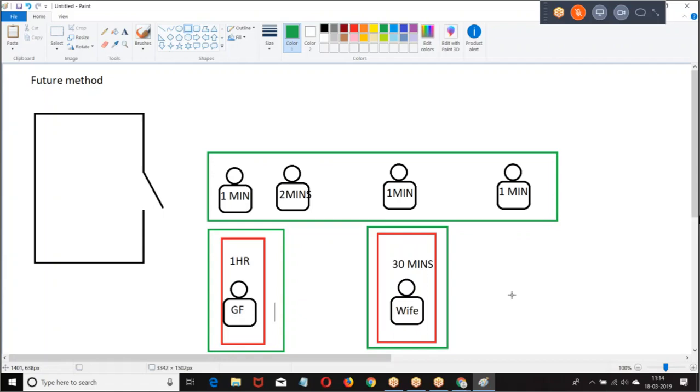Now, this guy takes 1 hour, no problem, because nobody is dependent. Even if you are delayed, no issue because you are running separately. You take 30 minutes, no problem, there is no dependency. And this person can finish the work within 5 minutes and come back. So, what is the problem here?